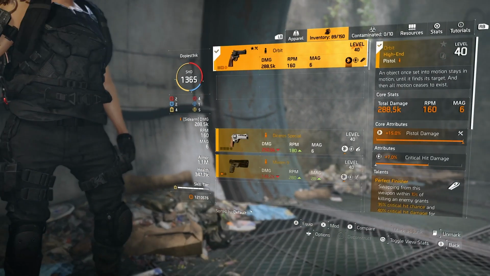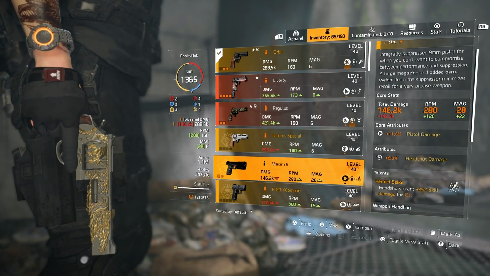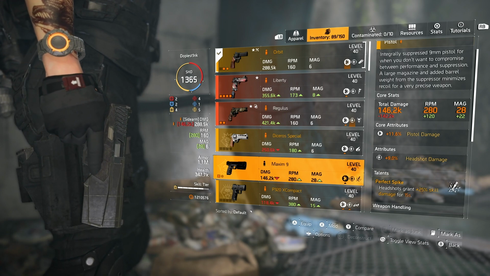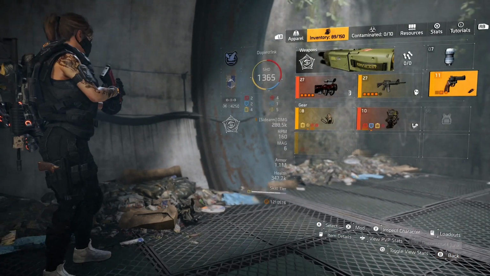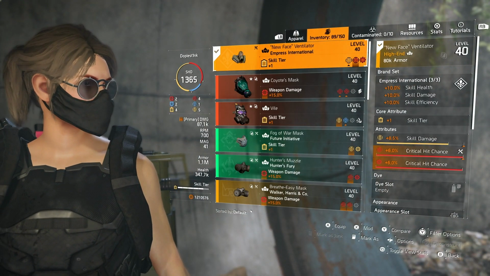And then for my pistol, I just have an Orbit, you know, whatever you want here. You could probably use, I don't even know what the Technician gives, Perfect Spike, you know, you can use whatever you want here. Moving on to the gear, I have the first piece here of Empress International, and I'm using 3 total on the build,